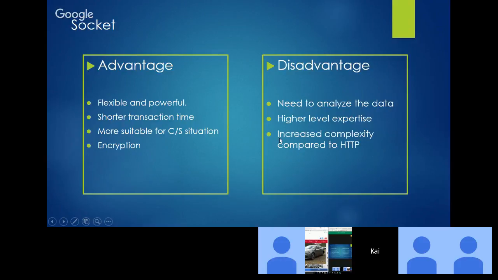Another thing is obviously the higher level of expertise. It's not a really simple thing where you can just click send and go to another site directly. It's not like that. The socket we have to use in our programming, like Java, C#, requires the developer to have at least basic knowledge. And the third disadvantage is increased